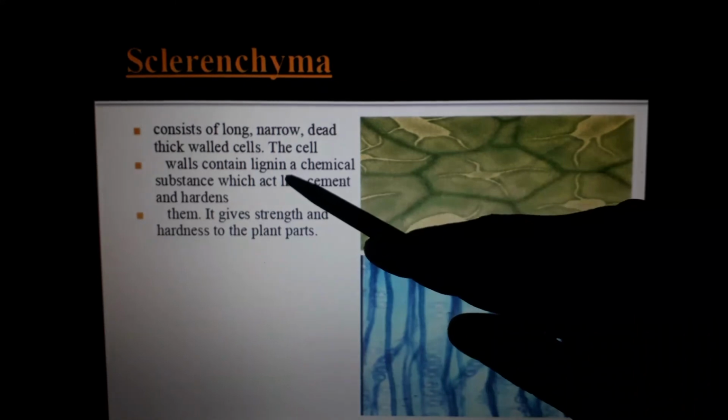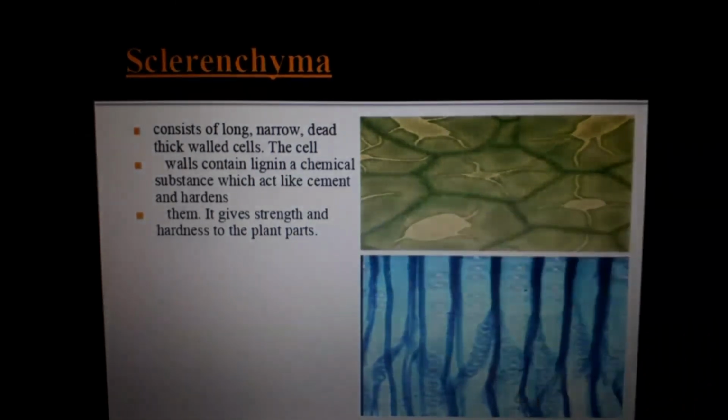It's a one mark question. Lignin is a particular type of chemical which acts as a glue or concrete. See what we do in our home: between the bricks we add concrete, isn't it? The same thing is happening here. Its chemical name is lignin, a chemical substance which acts as cement, and it is very strong also. The main function of sclerenchyma is to provide what? Mechanical strength. The strength of the tree is because of the presence of sclerenchyma in it. That's it. That's the three tissues.